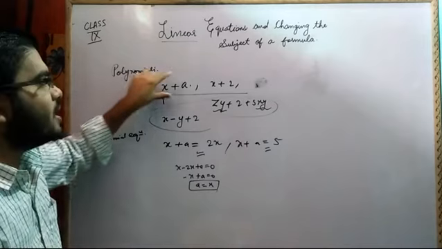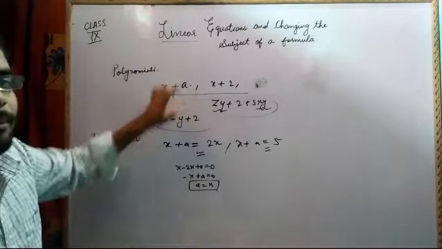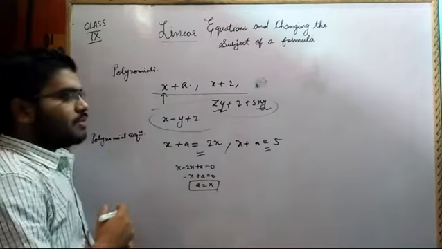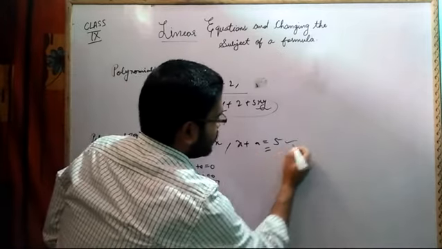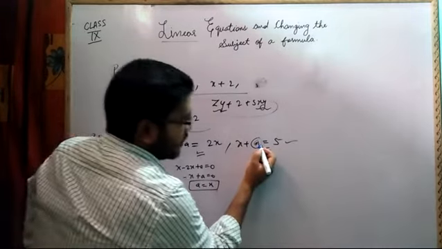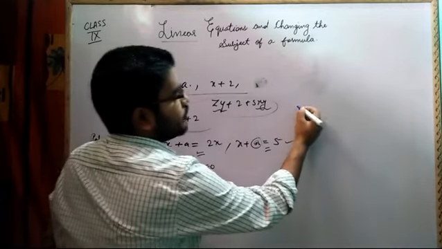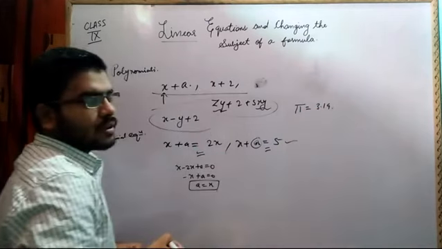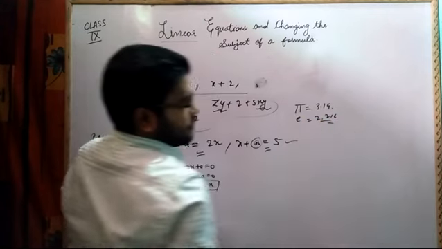In the earlier case we don't have any solution, because it is not compared with any value, be it a constant value, a variable, or a numerical value. Here it will be x plus a is equal to 5. If a is a constant, it will definitely have some numerical value. Constant means having a numerical value. For example, pi is equal to 3.14, right? Another value is e, equal to 2.716.